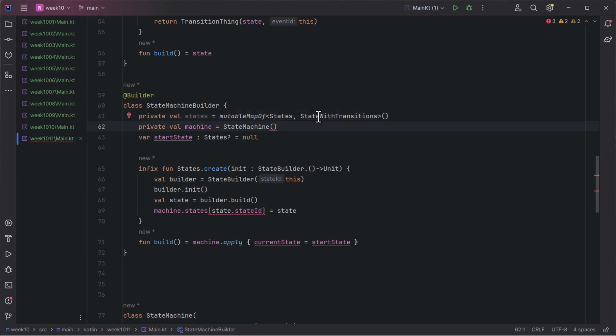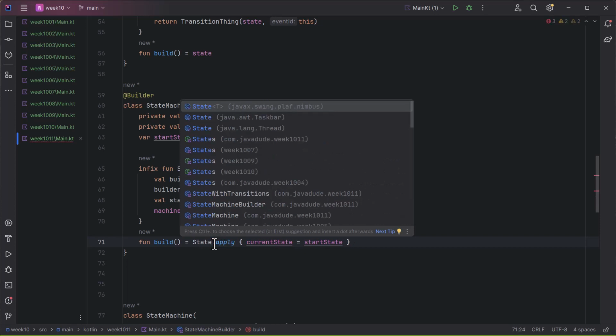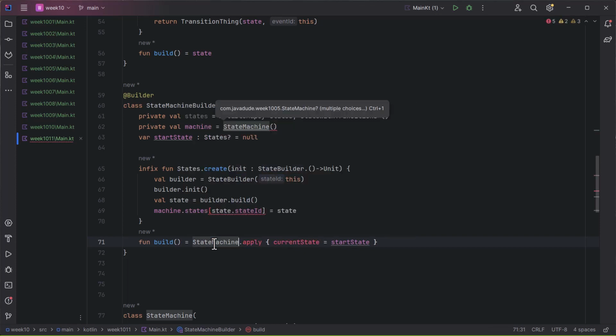There we go. And then what we'll do is instead of creating this machine and filling in the details, we'll create the machine in the build so that we can pass in a non-mutable form of this. So down here, this would become state machine passing in states to map. So we're actually creating a new copy of it and then filling in